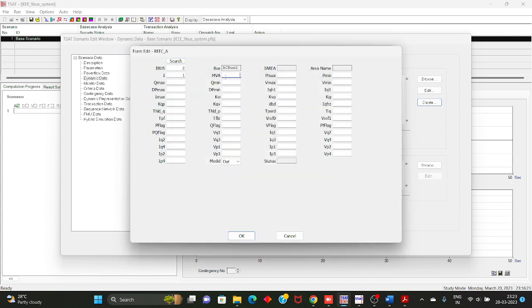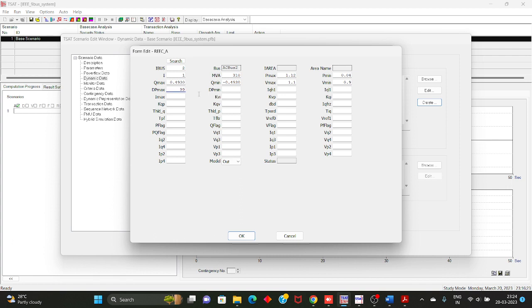So again MVA is 310, maximum P 1.12, minimum P 0.04, Q max is 0.4930, Q min is minus of 0.4930, V max is 1.1, V minimum is 0.9,